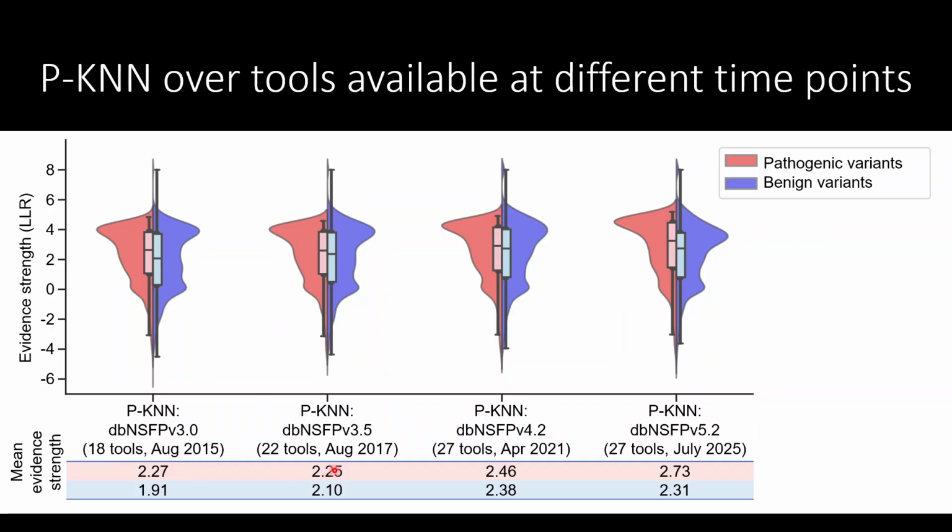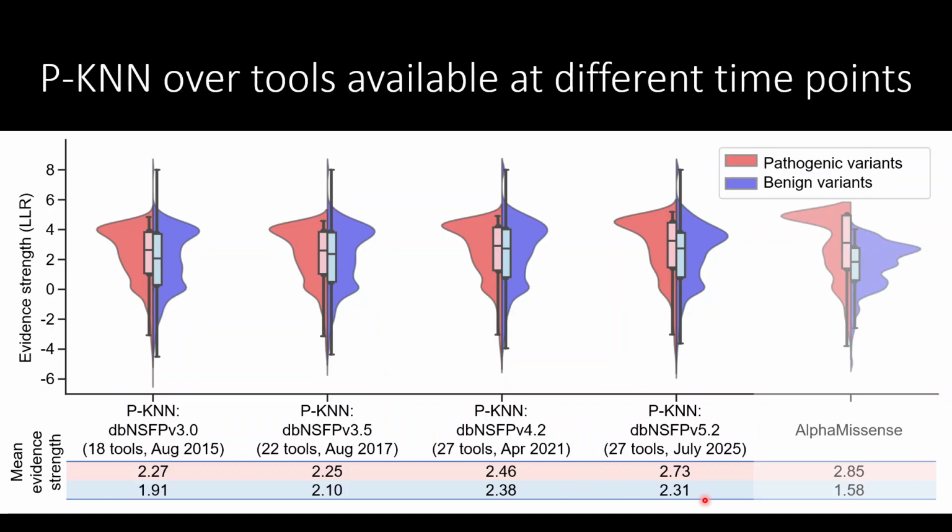So we select 4 historical time points and use the tools available at that time, which we get from dbNSFP of different versions, and integrate them with P-KNN. As we can see from the result, as new tools are added into the framework, the evidence gradually becomes stronger. And with the most updated variant effect prediction toolset, we have comparable or actually a little bit weaker pathogenic evidence and much stronger benign evidence compared to the best single tool, which is AlphaMissense,